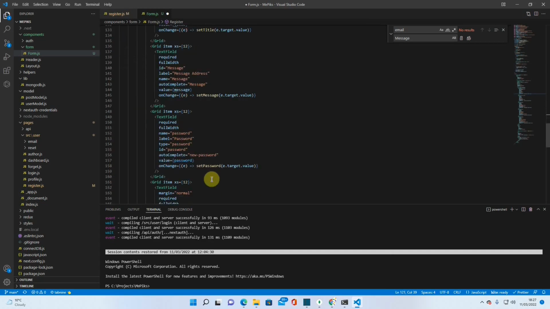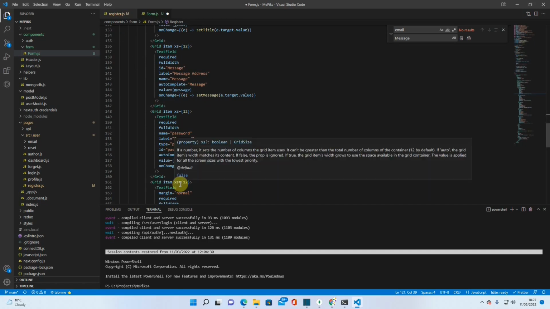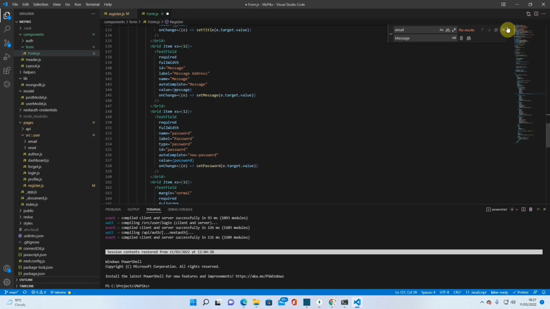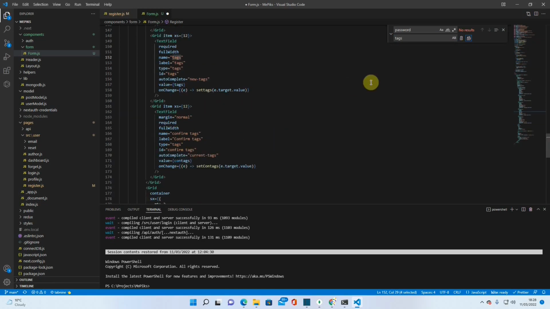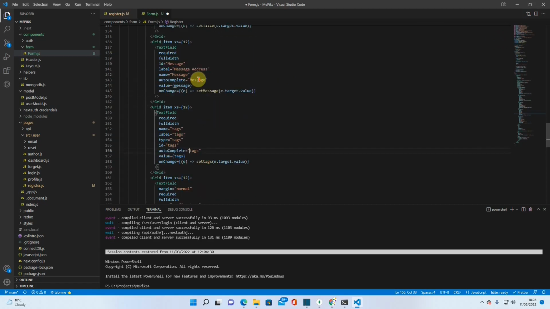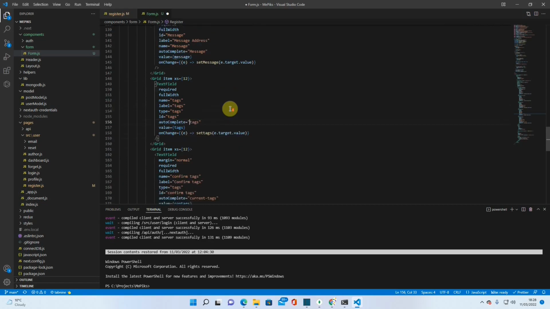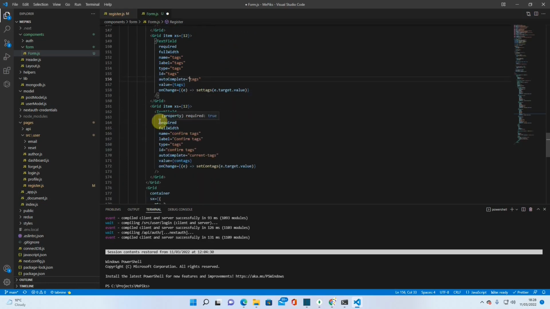Yeah, it looks fine. And then after that, you should have tags. So the password should be tags. Okay, replace that. I've got some confirm password fields down there, but that's fine. Just get rid of that. Okay, and then after that, what we want is